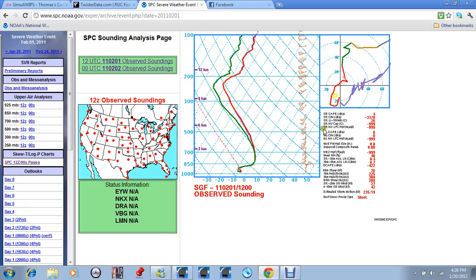Now, why was it so hard to forecast? It's so hard to forecast because there's not a sounding in St. Louis. There's not an official weather balloon launch in St. Louis. These red dots around the country are the sites where weather balloons are launched. As you can see, there's a pretty large gap between St. Louis